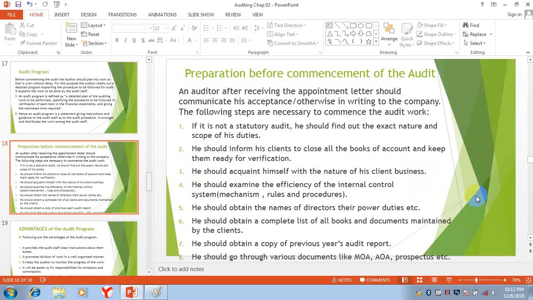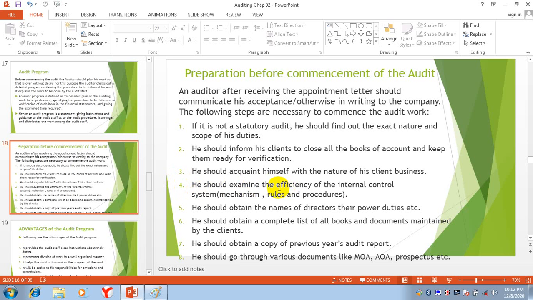Is it a cement factory, a textile mill, a bank, some other financial institution, a pension fund? Which type of business is this? What is the nature of his client's business? You will get some knowledge about that. So before going to your client, it is important that you know about the nature of his business.